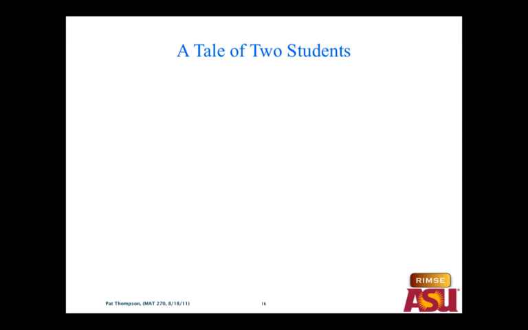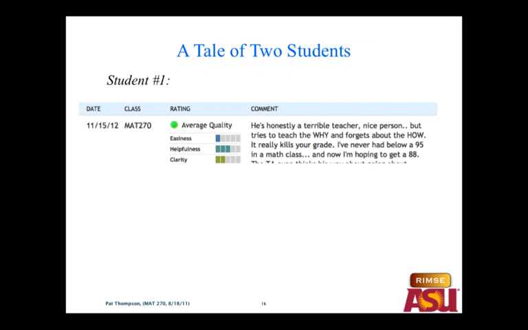Okay, so here's a tale of two students of mine in the past. Student number one. Rate My Professors: he's honestly a terrible teacher. Nice person, but tries to teach the why, forgets about the how. It really kills your grade. I've never had below 95 in a math class, and now I'm hoping to get an 88. Okay? So, this is not an uncommon reaction. But in light of what we're talking about, I would guess,